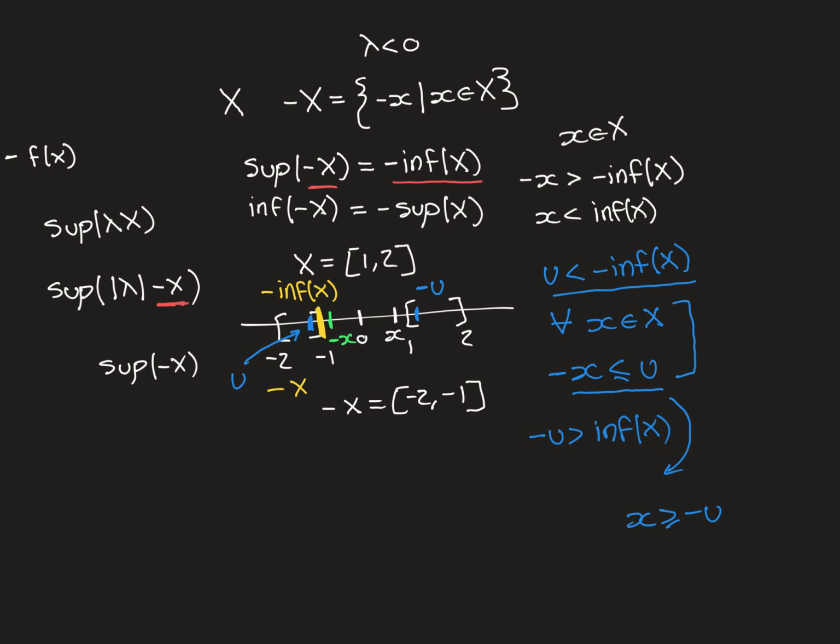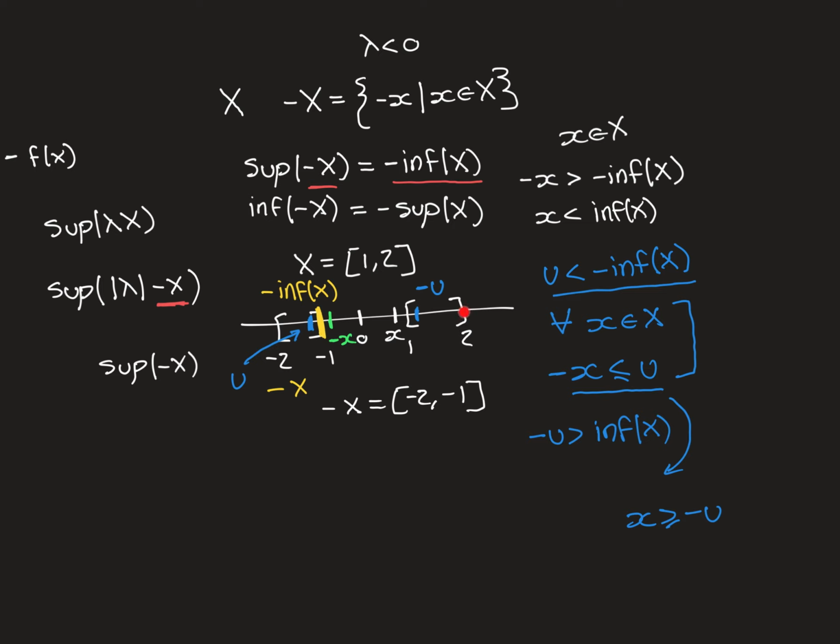To prove that it is the greatest lower bound, we would have to show that if there were an element that was greater than it, that was still a lower bound, that it would lead to a contradiction. So again, we can imagine that there is an element that is strictly greater than it, that is also a lower bound for the set minus x, i.e. it's less than or equal to all the elements in this set,